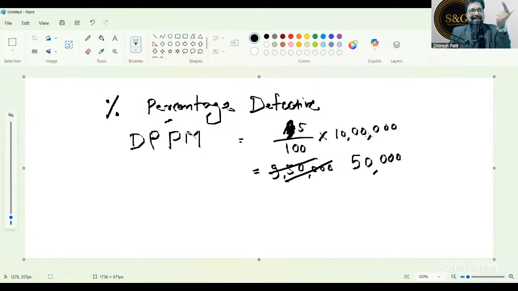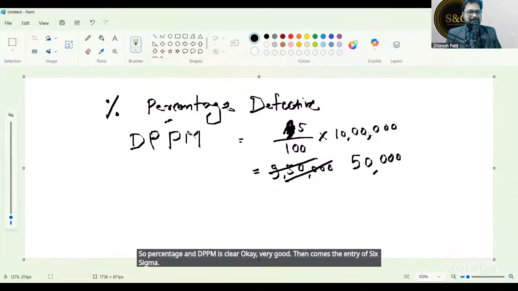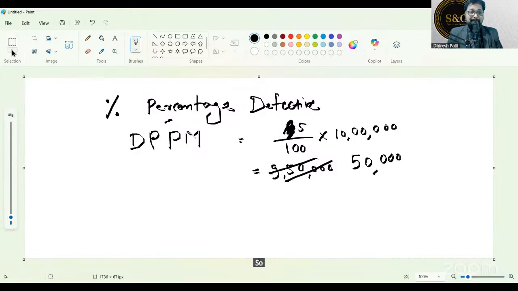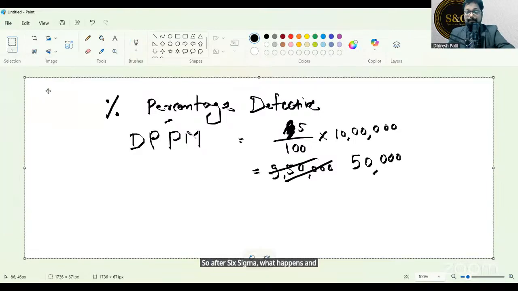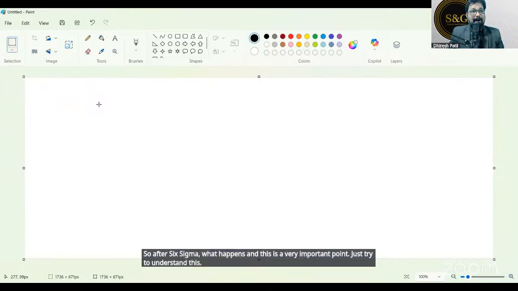So percentage and DPPM is clear? Okay, very good. Then comes the entry of Six Sigma. So after Six Sigma, what happens? And this is a very important point. Just try to understand this. Now in Six Sigma,